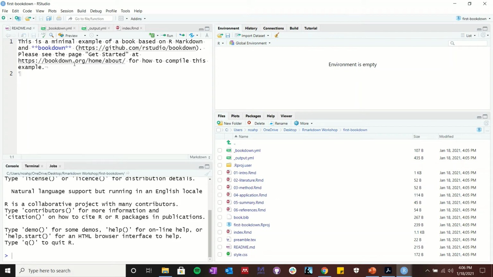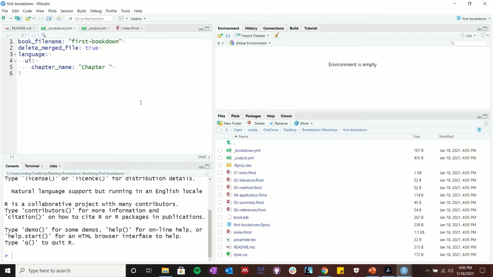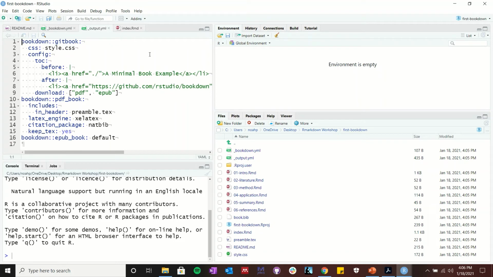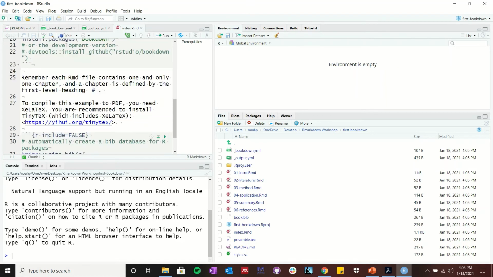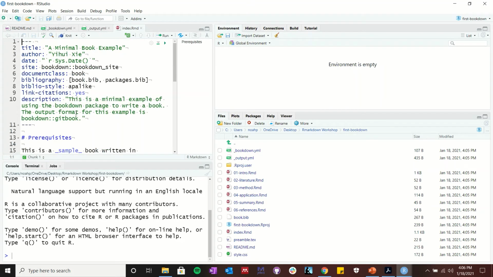So now it will create just a very minimal example book. Again, this is a basic README, basic information about the files, how it's going to output information, and then what is essentially the home page. So it allows you to edit it itself. So let's actually make the book first, and then I'll show you all how to edit it. You'll notice over here that there are all these different files, like there's an intro, lit, methods, all these different things. So what we're going to do is we're going to make all of this by using bookdown